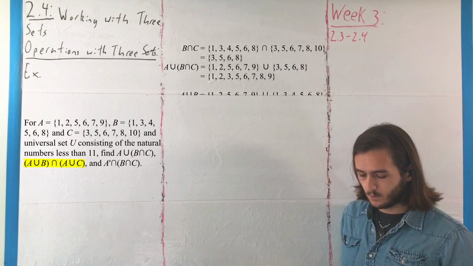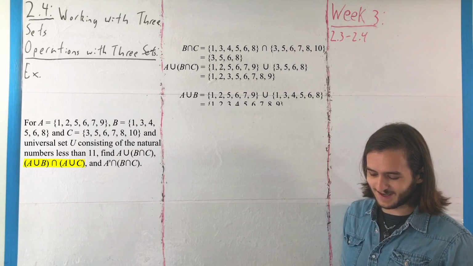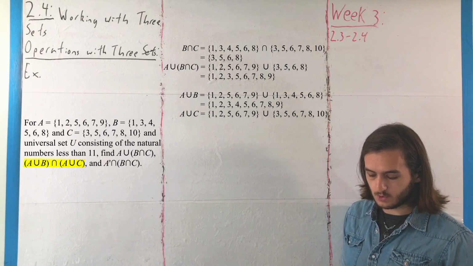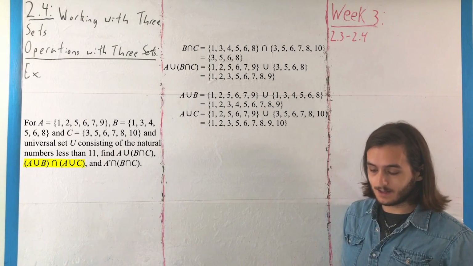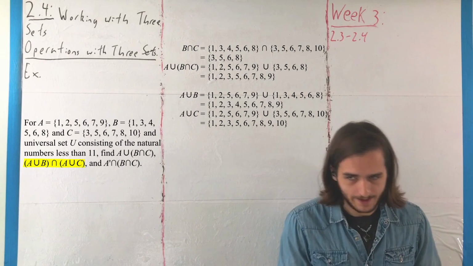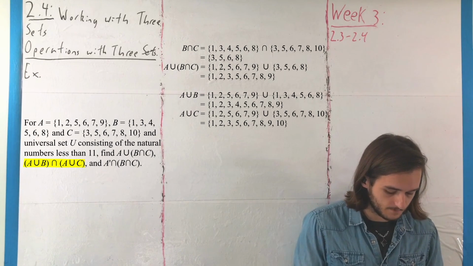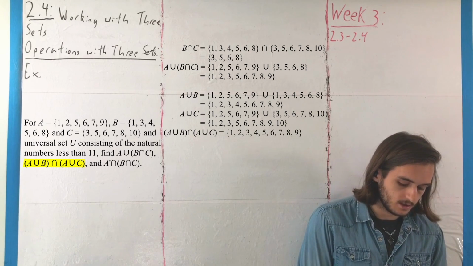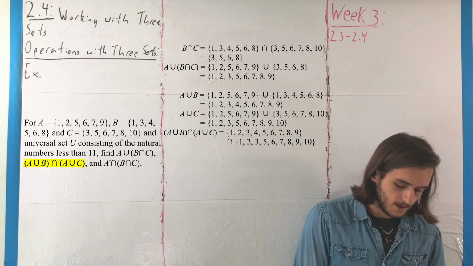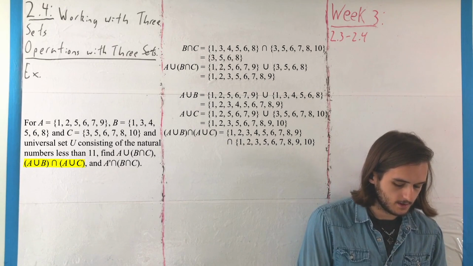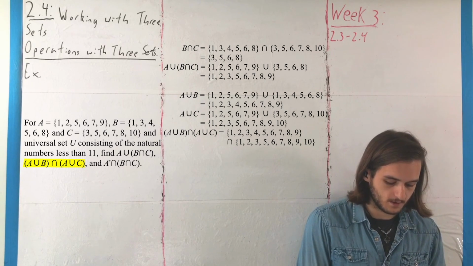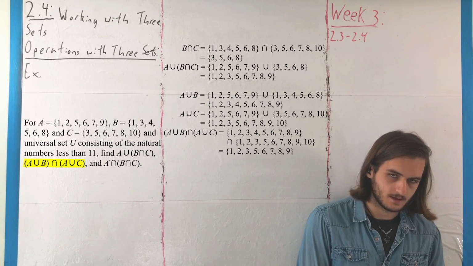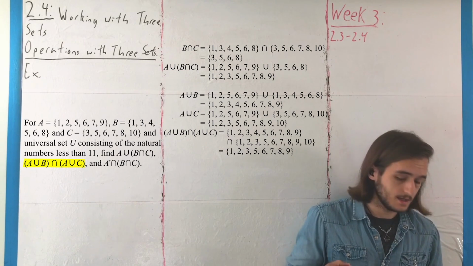So we're going to take A union B, which would end up being 1, 2, 3, 4, 5, 6, 7, 8, 9, along with A union C, which would end up being 1, 2, 3, 5, 6, 7, 8, 9, and 10. Based on the pieces that we have there in terms of what is shared across either. And then if we take the intersect of those two pieces, A union B intersected with A union C, we're going to be intersecting 1 through 9 with 1 through 10 without 4, which will leave us with 1, 2, 3, 5, 6, 7, 8, and 9,